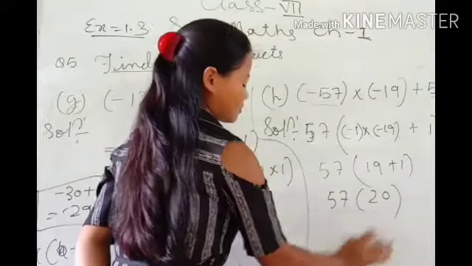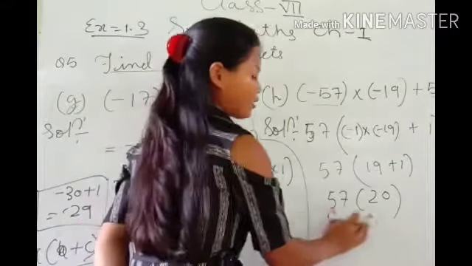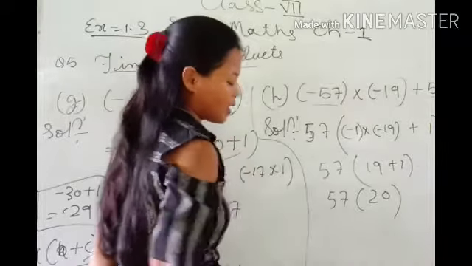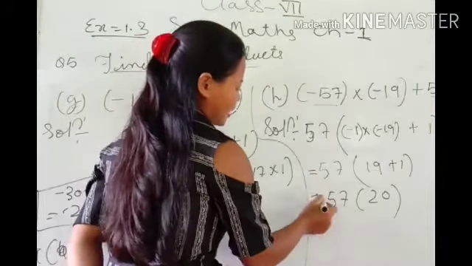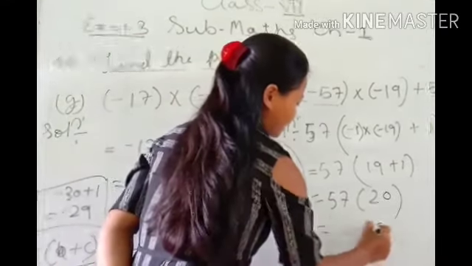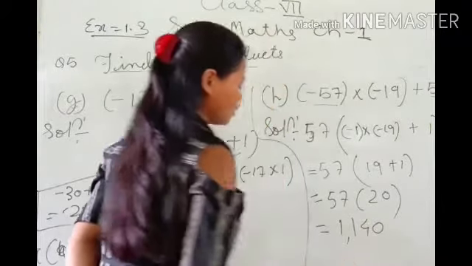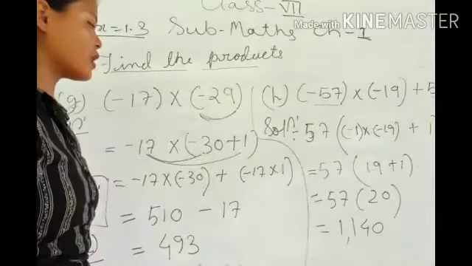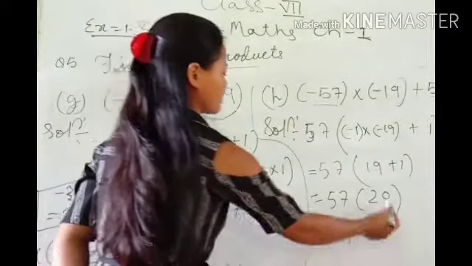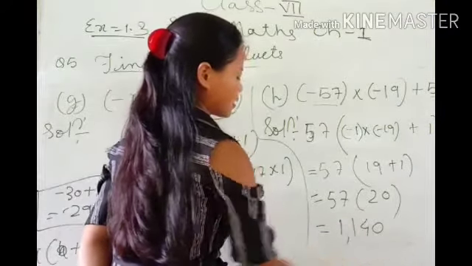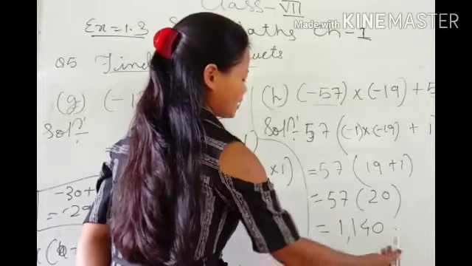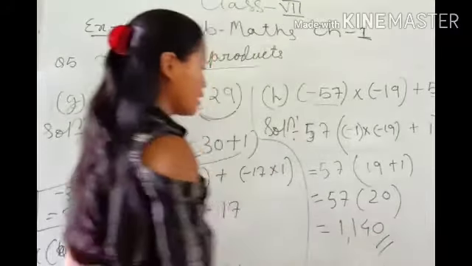There is a bracket, isn't it? You cannot see any multiplication sign here, but we have to understand these are in multiplication. So now if you multiply, how much will you get? 1140 is your answer. So 0 is directly 0, 7 times 2 is 14, 1 is carry. Now 2 times 5 is 10, 10 plus 1, 11. So this is your answer.